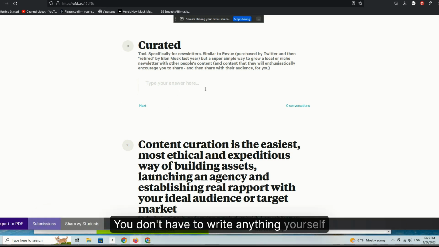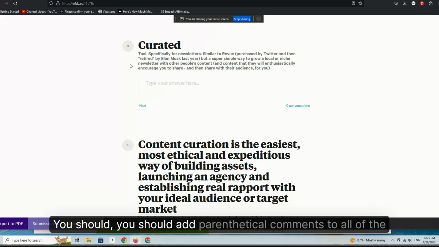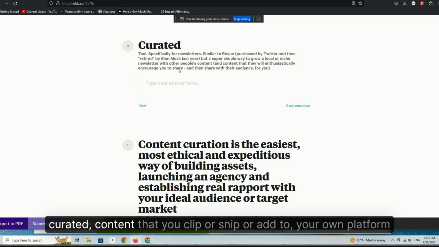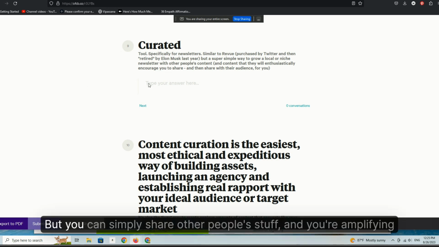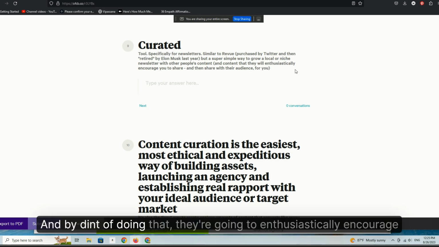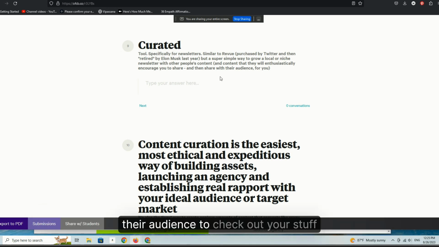You don't have to write anything yourself. I mean, you should add parenthetical comments to all of the curated content that you clip or snip or add to your own platform. But you can simply share other people's stuff, and you're amplifying their message. By doing that, they're going to enthusiastically encourage their audience to check out your stuff.